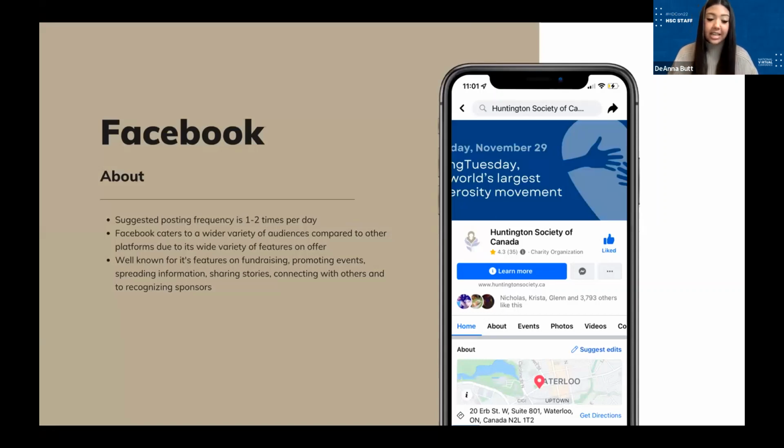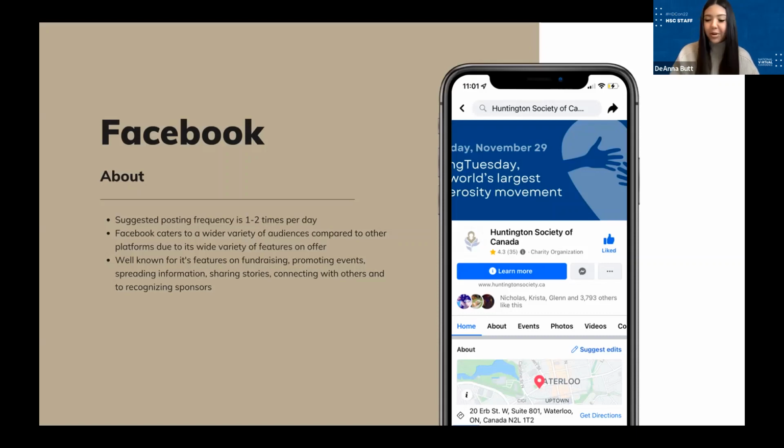The Facebook events tab also makes it very easy to promote and share events. You can send it out to everyone. You can invite all your friends, you can invite your followers, and they can respond that they're interested, they want to go, they don't want to go, all in this one event platform, which is perfect for keeping all the information in that one place.